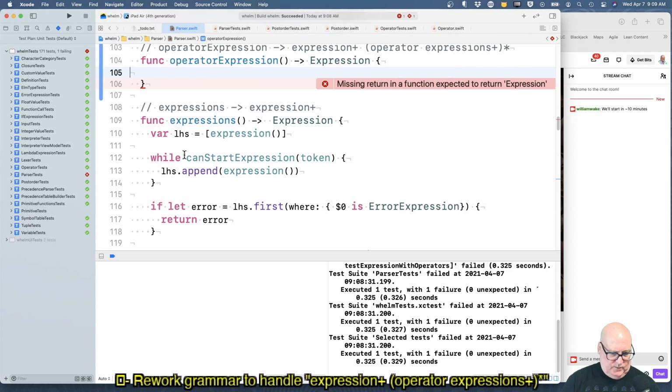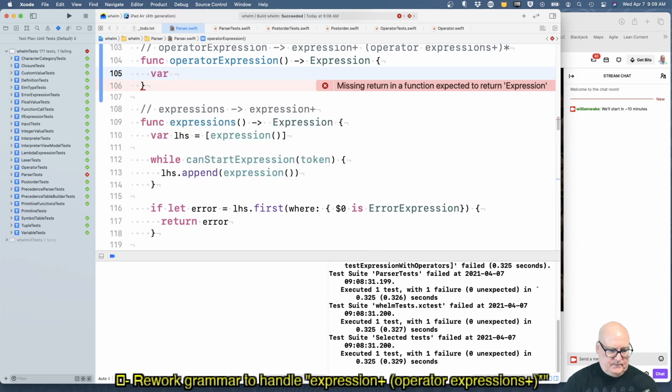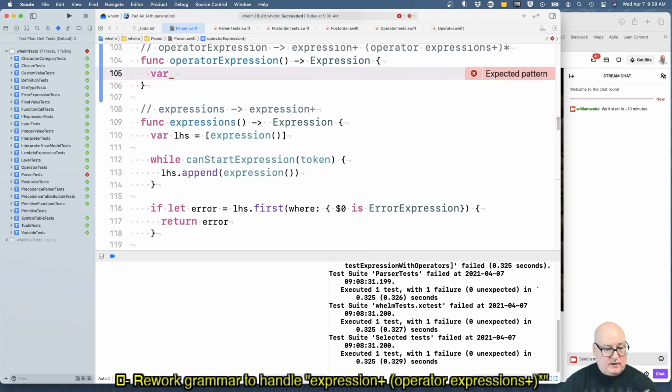Now, the rule for this, it's very similar. Results is not the right name. Let's call them something. Expressions? No. I'll say result for now, and we'll get there.